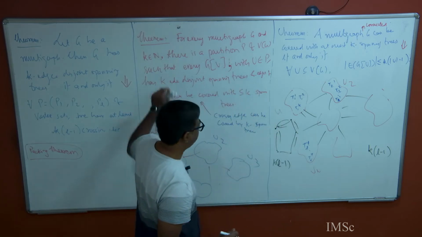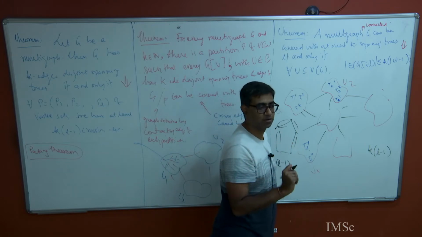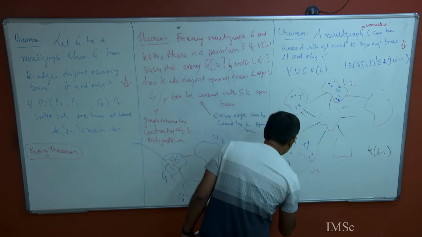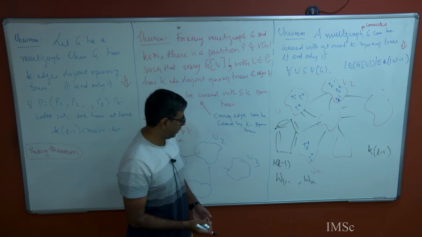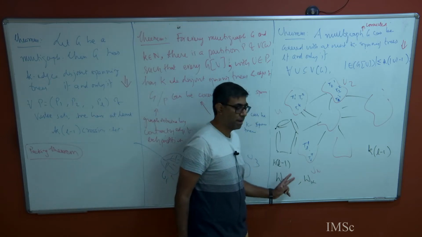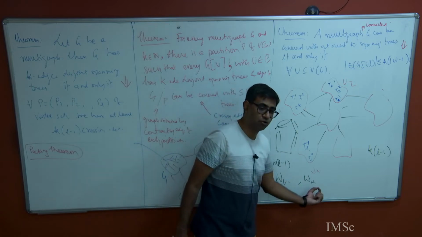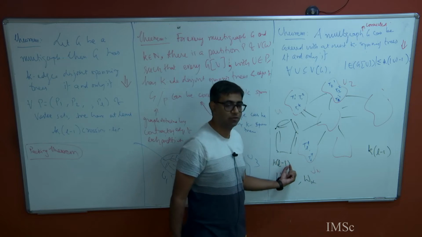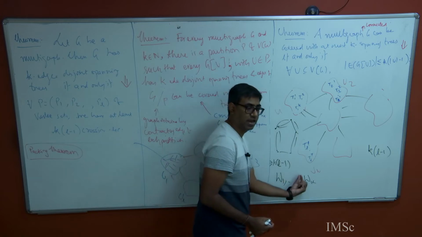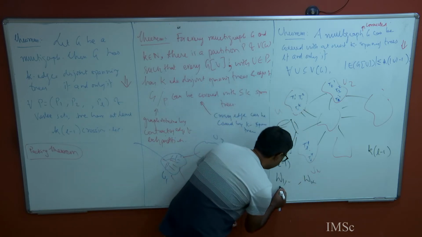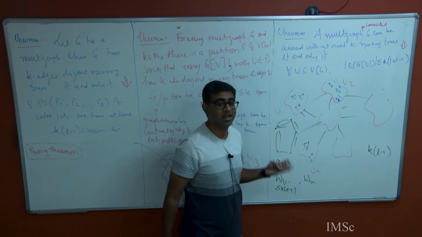And now, what does this theorem tell us? That we could cover all these crossing edges with k spanning trees. Let those spanning trees be W1 to Wk. Now you ask yourself, can any two spanning trees share an edge? Because if they share an edge, in total they can cover at most k times L minus 1, minus 1 edges. But you have at least k times L minus 1 edges, and these trees can support at most k times L minus 1, which implies that W1 to Wk are edge disjoint.